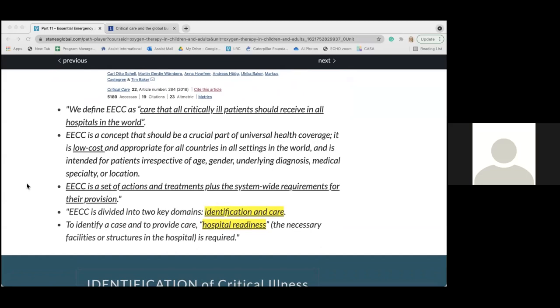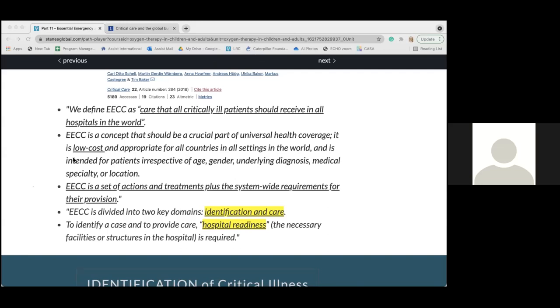But in EECC, the philosophy is that we should be able to provide at least basic but appropriate care to all critically ill patients that require this service. So this is a concept that should be a crucial part of universal health coverage. Every patient should have access to this